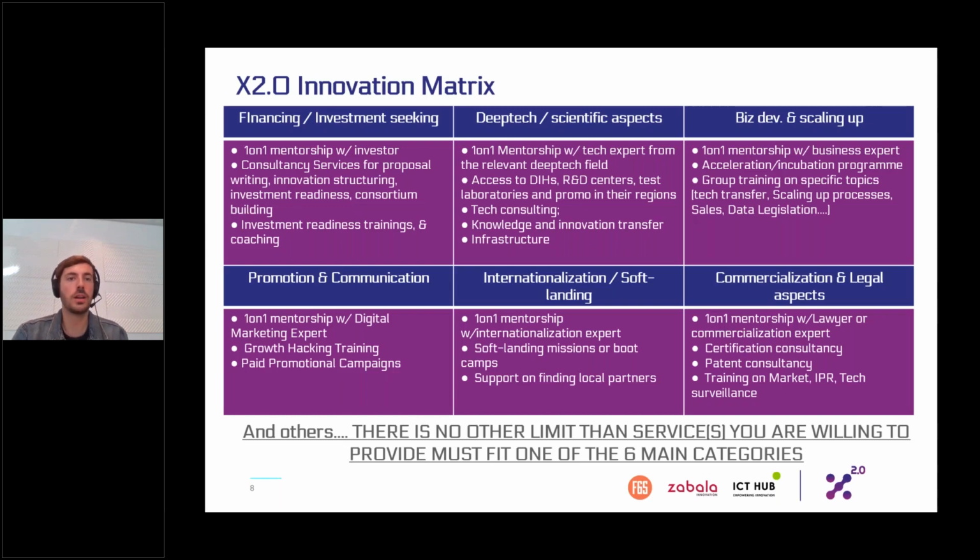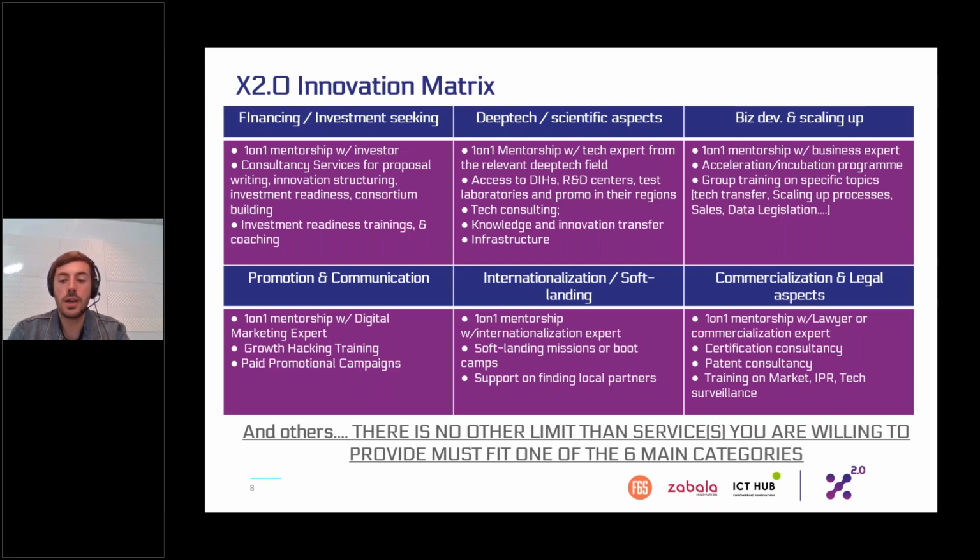Impact builders. What is an impact builder? How are you supposed to participate in the project? First of all, as I have said before, we are willing to offer services to our selected startups per cohort. Then these services will be delivered by you, the impact builders, in any form you want, however you want, with the price range you want, but we only put the limit, let's say, in the type of service. But this is a very high limit anyway.